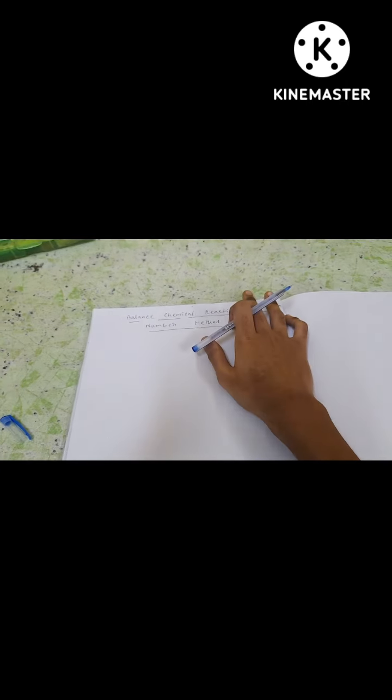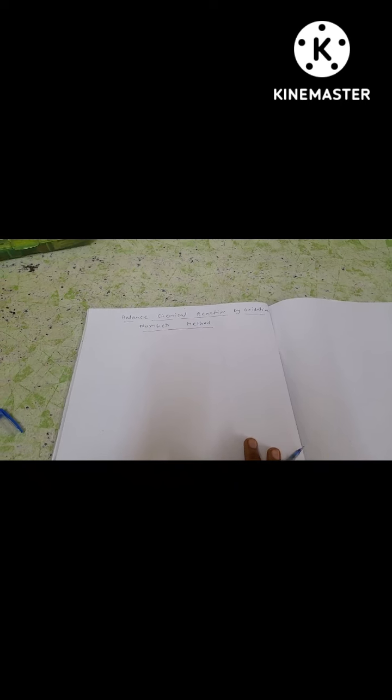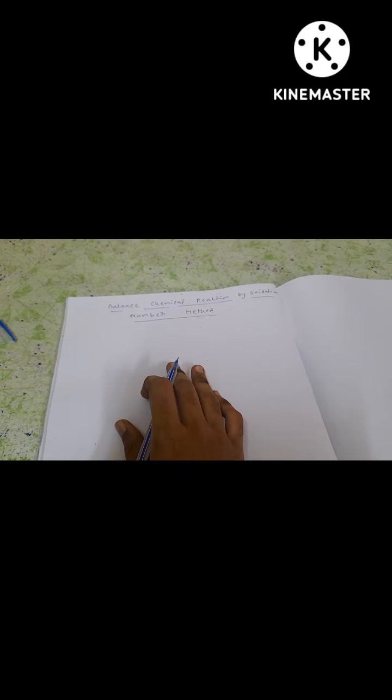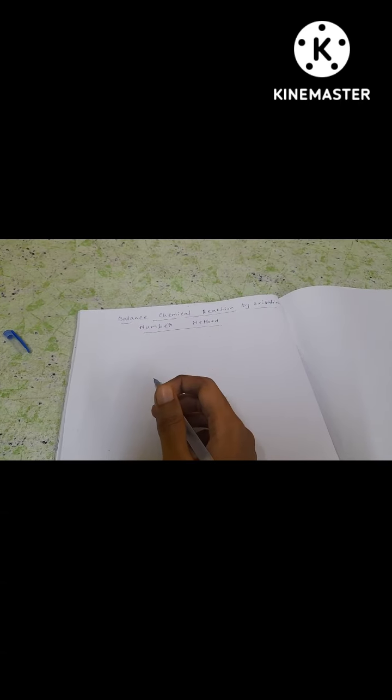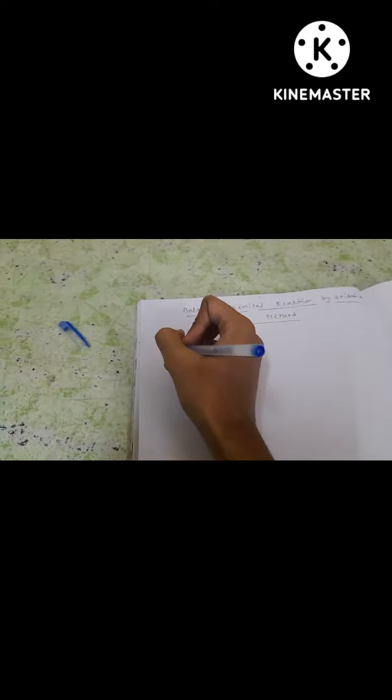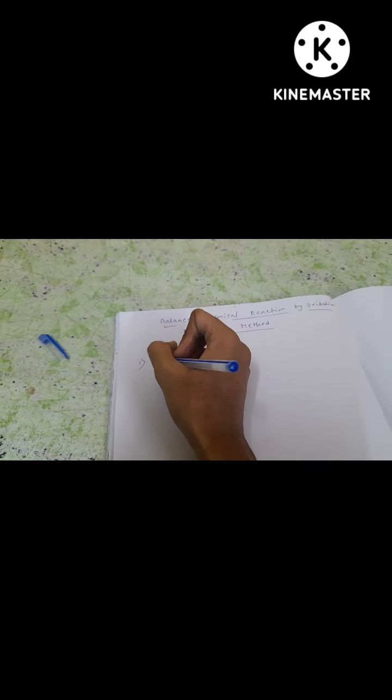In this video I am going to show you how to balance a chemical reaction with the help of the oxidation number method. First, there are some rules which have to be followed in this method. So I am writing the rules here, and then I will help you understand how to solve this type of problem. The first rule is identify